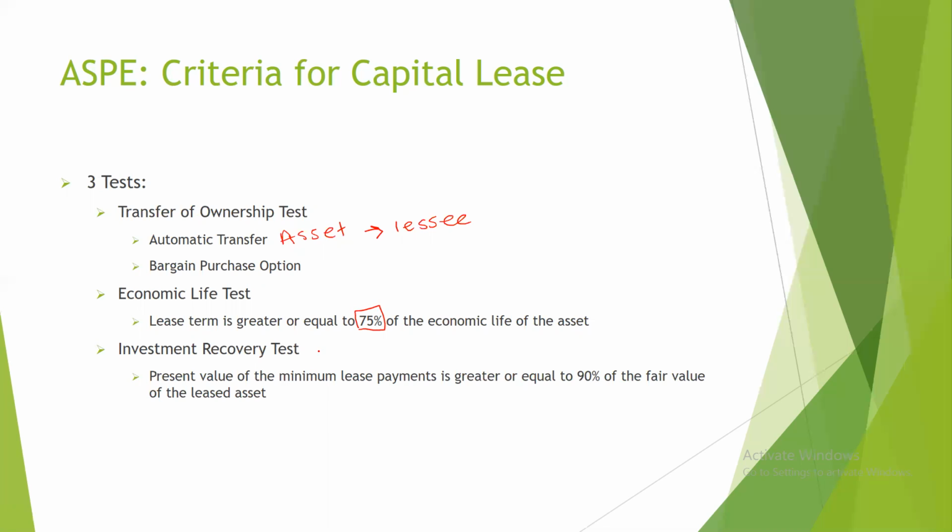And then the investment recovery test, we're going to do a present value calculation. So hopefully you remember how to do those. The present value of the minimum lease payments has to be greater than or equal to 90% of the fair value of the asset. So we're going to do a calculation on the present value, and then we're going to compare it to the fair value of the asset. And if the PV is at least 90% of the fair value,